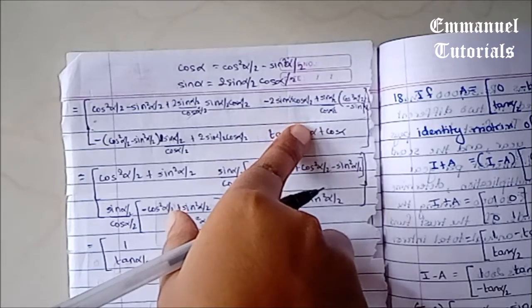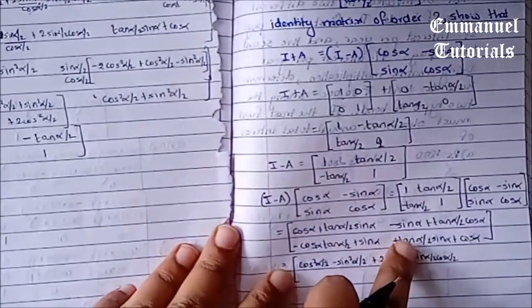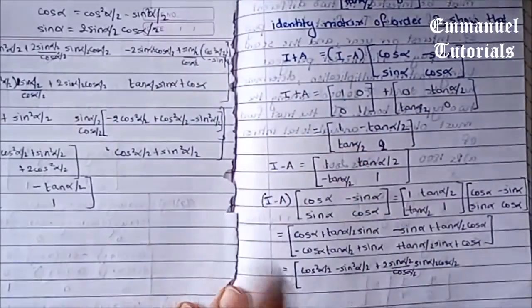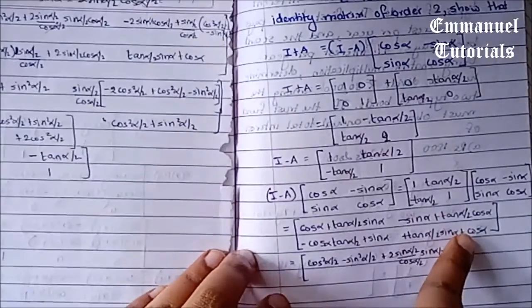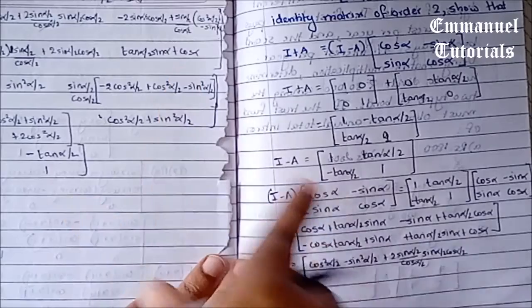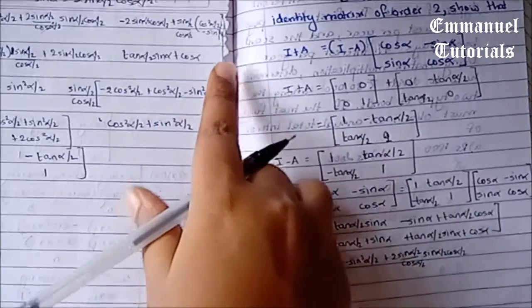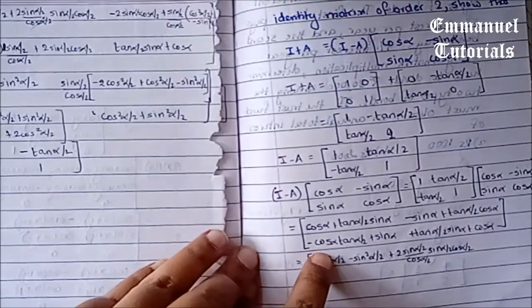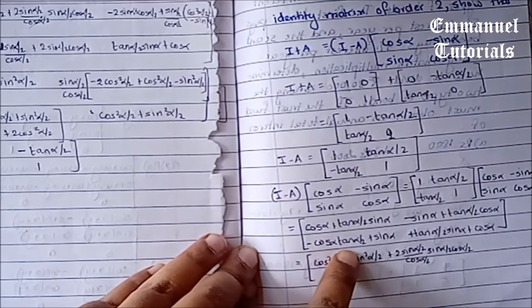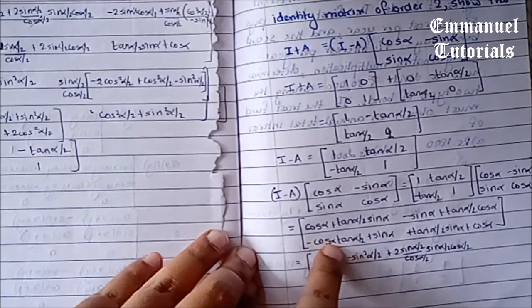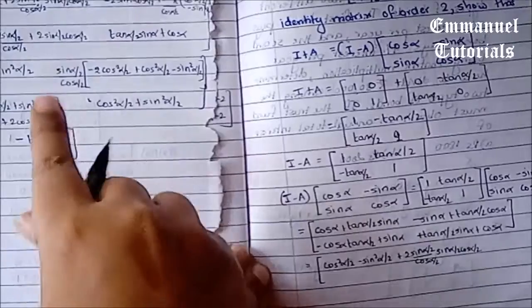And similarly here, this minus sin alpha can be written as minus 2 sin alpha by 2 cos alpha by 2, and tan alpha by 2 can be again written as sin alpha by 2 upon cos alpha by 2. Cos alpha can be written as cos square alpha by 2 minus sin square alpha by 2. Next, minus cos alpha into tan alpha by 2 plus sin alpha. It will be the same expressions, just the signs will change here.